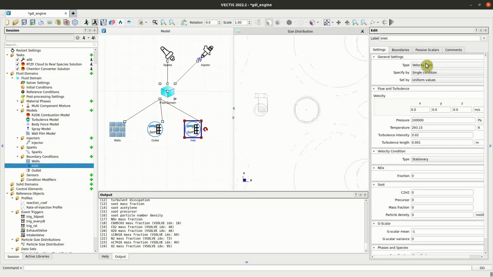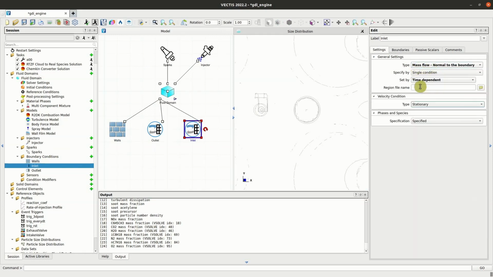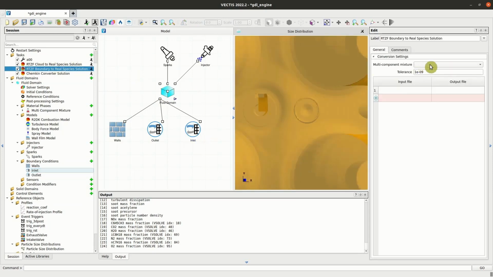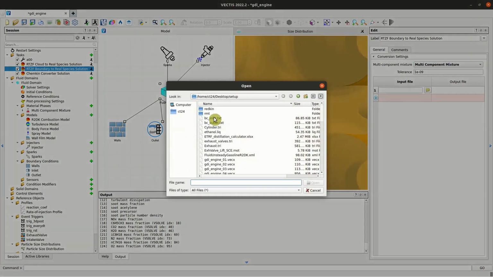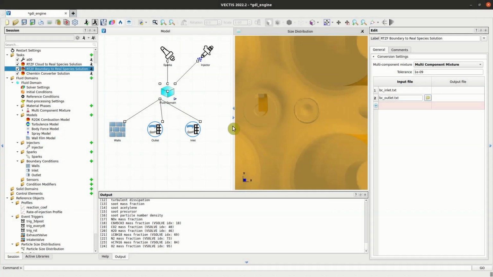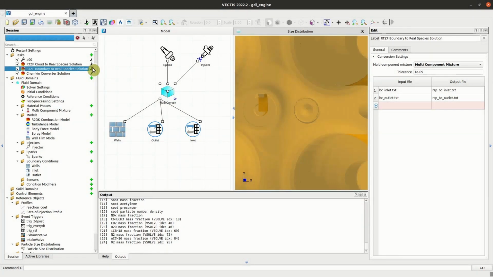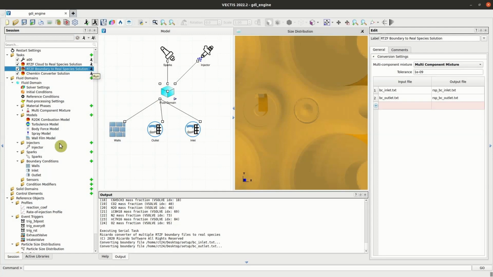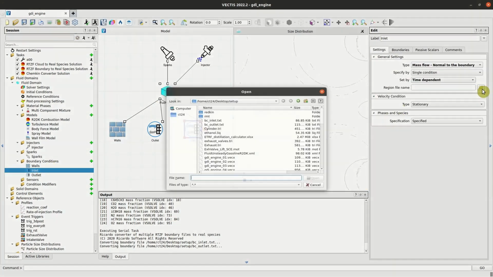In this case, the boundary condition is defined using a mass flow normal to the boundary set by a time-dependent profile. Similarly to the cloud file, the boundary conditions are provided in terms of CPV species and need to be converted to the R2DK real species basis. For this, we're using a new task, which is the RTZF boundary to real species solution. By selecting the multi-component mixture and defining the boundary condition input files, we can then convert them into the new real species basis. We can give the name of the converted files and then run the solution by clicking on the running man icon. Like so. We can then move back to the inlet and select the converted file,